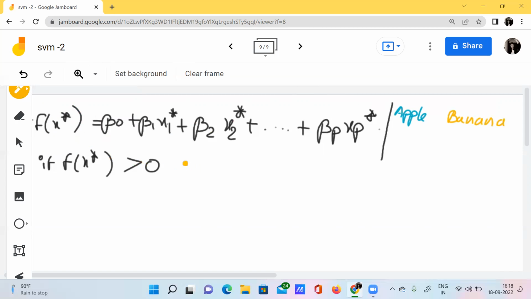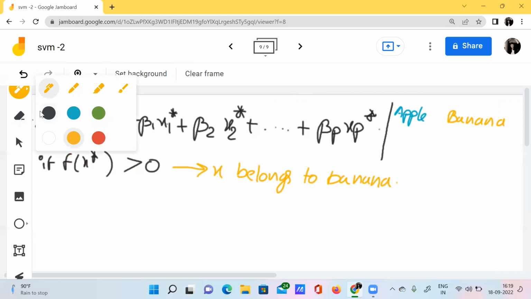Let's imagine like this. What happens if f of x is greater than 0? I can say that x belongs to banana.